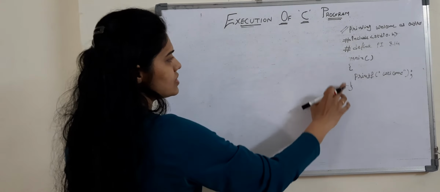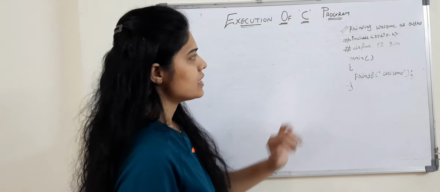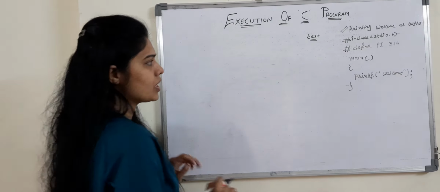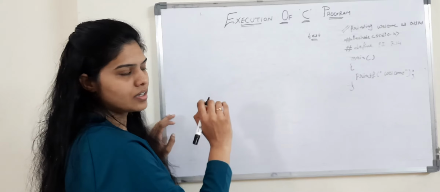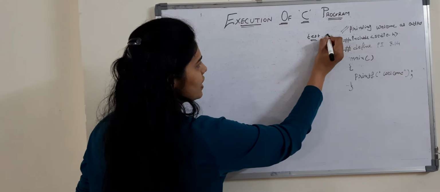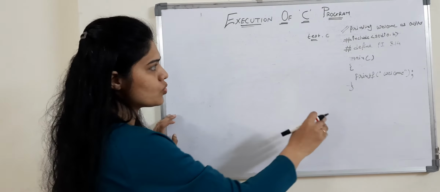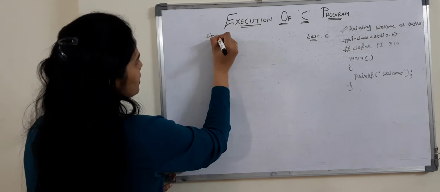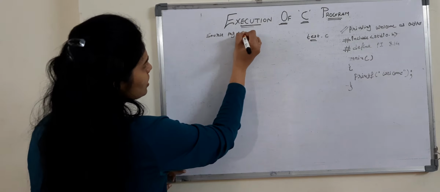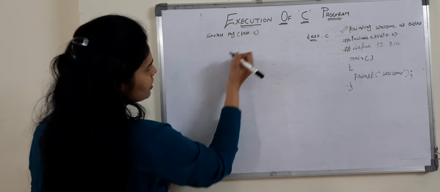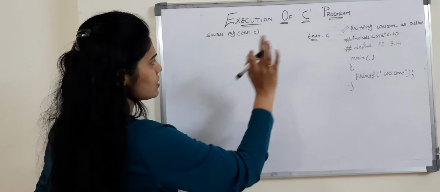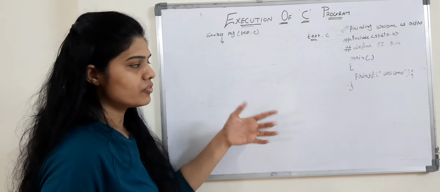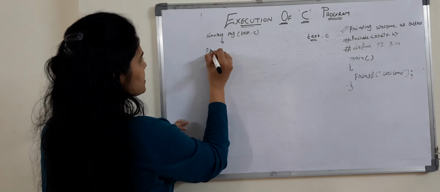See, this is a very simple program, and consider it a test program. We have given the name of the program as test. A C program has a .c extension, so whenever we write a program in C, we have to store it with the .c extension. So consider this the source program, with the .c extension. Here we have a program with the name test and the extension .c.